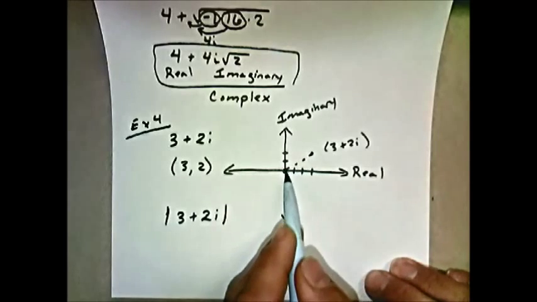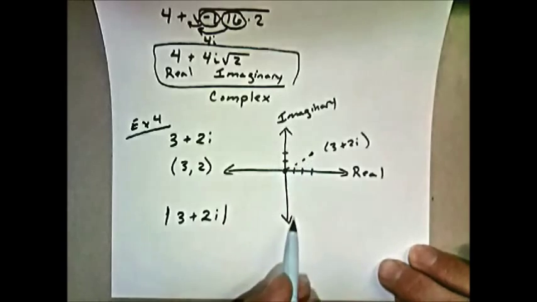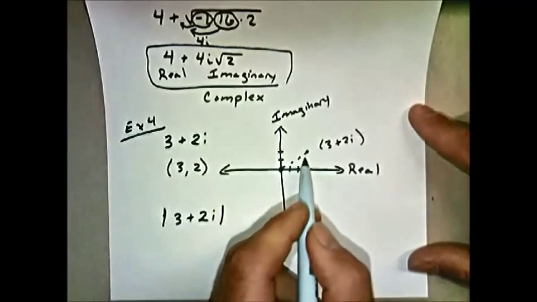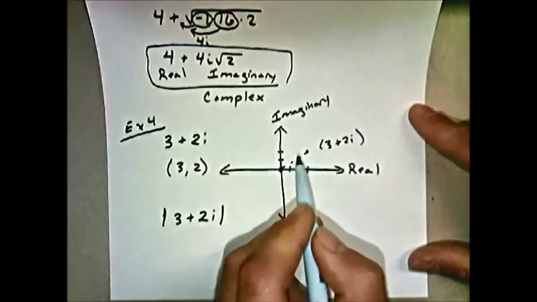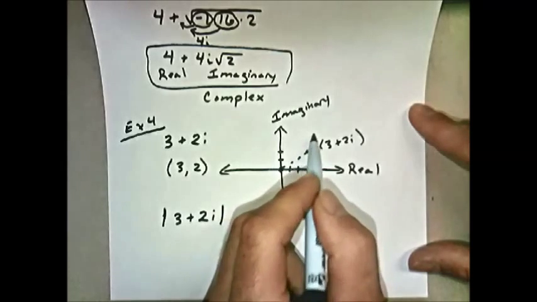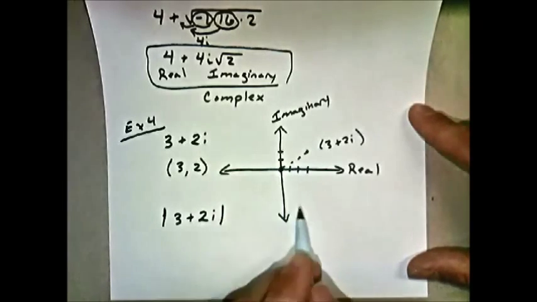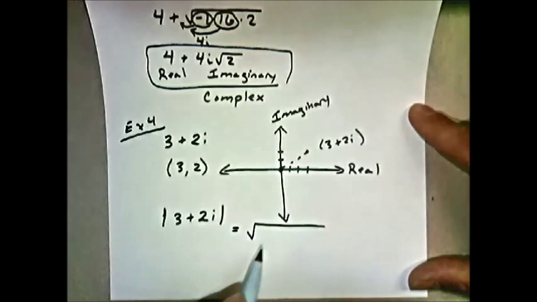In order to find that, we use the distance formula. But if we think about this as a point, because we're coming over 3 and up 2, we can also think about it as just a point for 3, 2. To find the distance, we take the square root